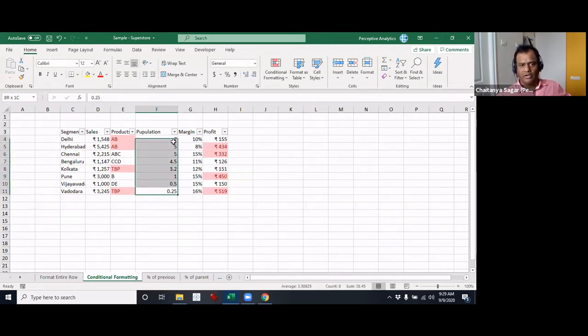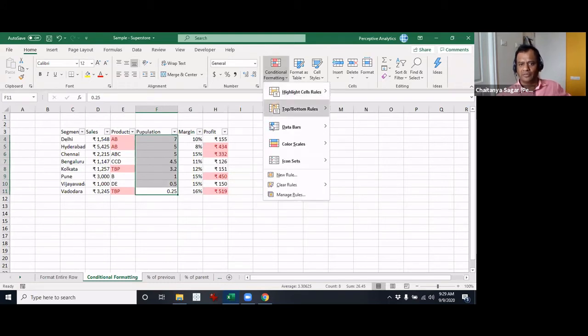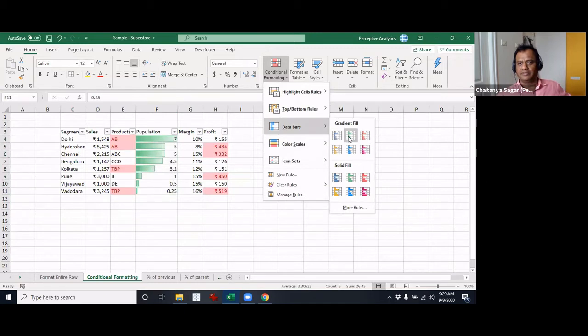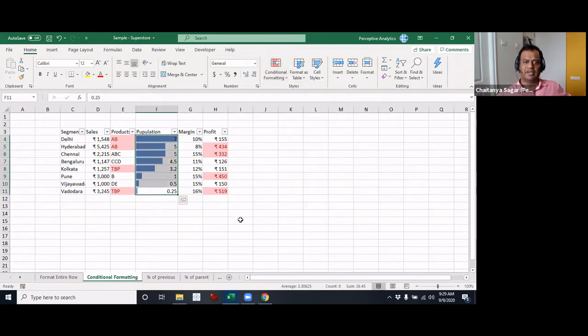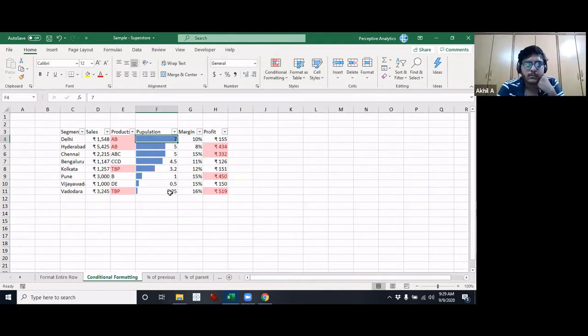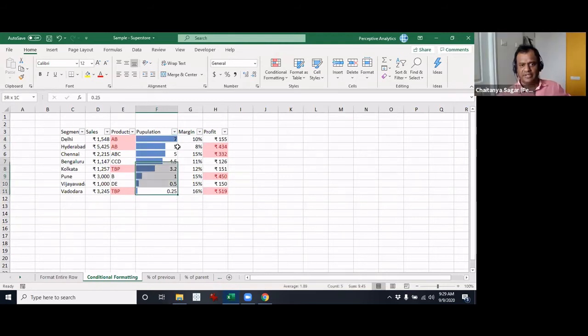And if you want to quantify it, this is the same thing that we have in general for any charts as well, that will bring out the difference between various cells. Okay, so let's take this for example. Look at this. You can clearly see Vadodara is much smaller than Delhi. We are able to bring out that difference using this, and you have a few options that you can use.